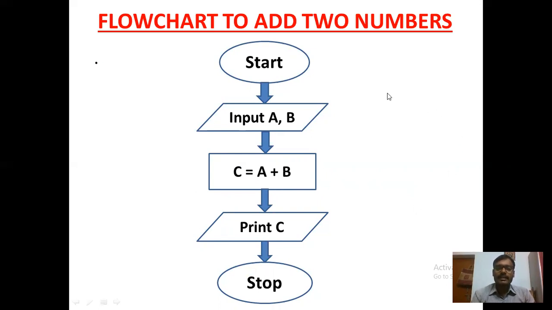In this way, it represents a graphical, or diagrammatic, representation of your algorithmic process. In an algorithm, you write the same thing as a step-by-step solution using the English language. That is the algorithm which I have already discussed in the previous class. So this is the example of a flowchart.